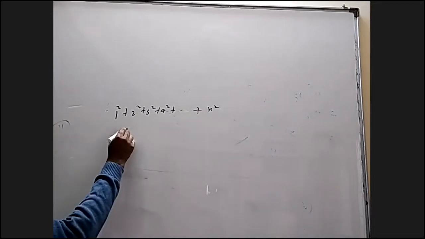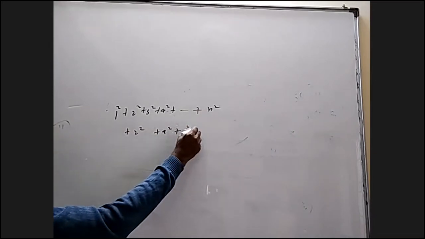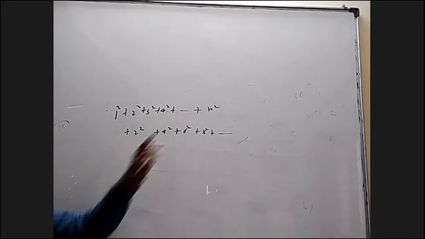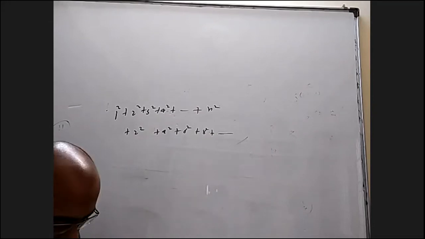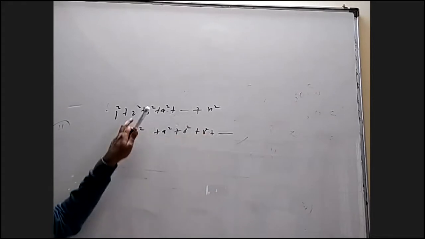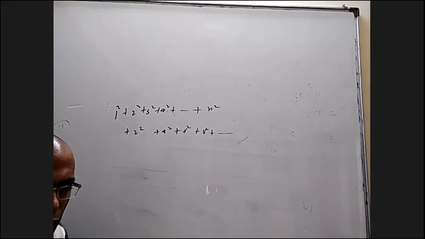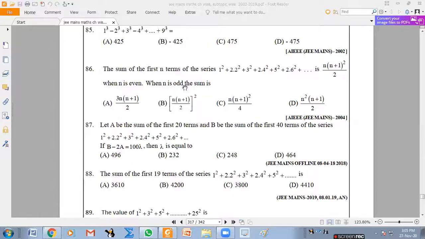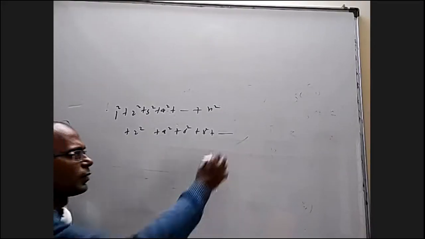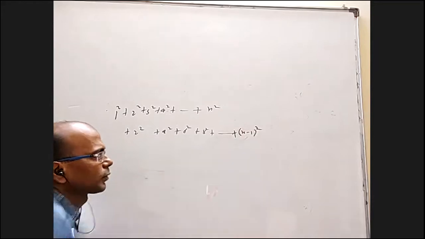The given question can be written as 1 square plus 2 square plus 3 square plus 4 square, and so on up to n square, plus 1 extra 2 square, extra 4 square, extra 6 square, extra 8 square, and so on. Because 2 square twice, 4 square twice, 6 square twice, 8 square twice, they are separate. But the last term is either n square or n minus 1 whole square, depending on whether n is even or odd. If n is even, the last time would be 2 times 2n square, so I will get 1 more n square. If n is odd, I will be left with n minus 1 whole square. I will stop. So I want to do for n is odd. So directly my last one is n minus 1 whole square.